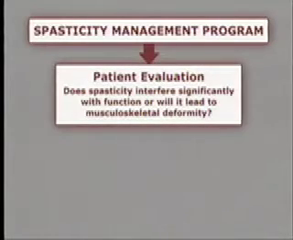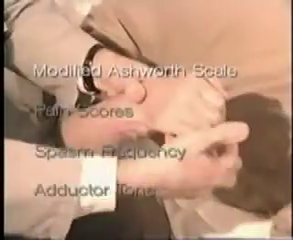Following the treatment algorithm, the development of a spasticity management program begins with patient evaluation and whether spasticity interferes significantly with function or may lead to musculoskeletal deformity. Evaluation tools and techniques include the modified Ashworth scale,